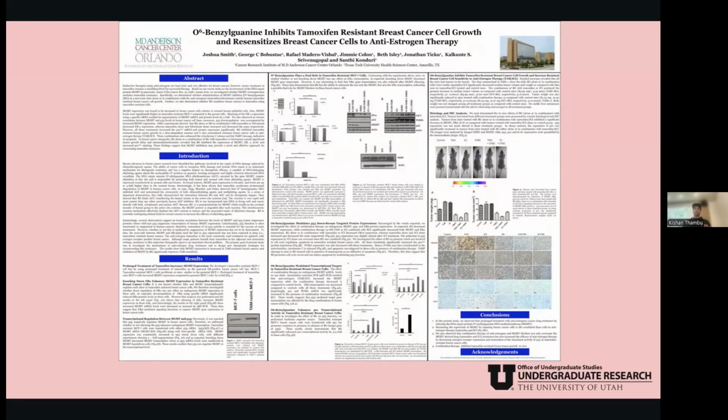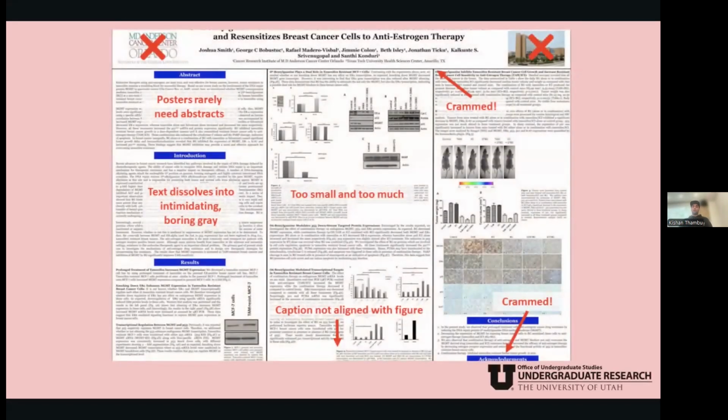It's overwhelming. And when I'm reading it, I'm not going to read every single aspect of your poster. And I think it does more harm than good to have just this much information. So if we go over this, this is a good visual, but you don't need to put on your full abstract. Just summarize your introduction and what question you're trying to answer, and any relevant background information that's important, but you don't want to redo your whole abstract on your poster.